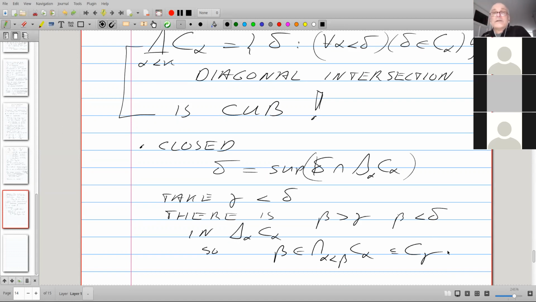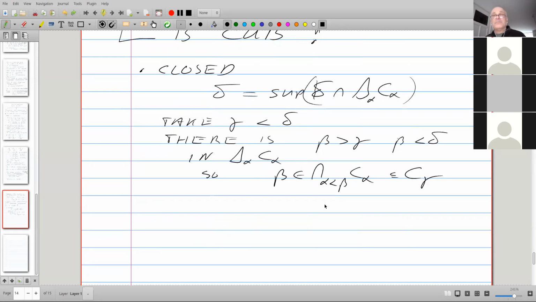If you take a gamma less than delta, well, there are many betas between gamma and delta that are in the diagonal intersection, and that beta is in the intersection of all the C alphas for alpha less than beta. So in particular, it's in C gamma.